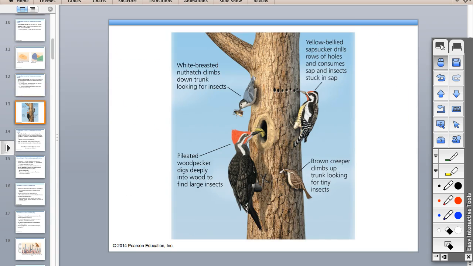By the way, the names of these birds are so funny. I think we just need to take a minute and look at the names of these birds. It's just hilarious. So the white-breasted nuthatch. That's the best. What kind of cut down would that be? You white-breasted nuthatch. I mean, that's funny. Anyway, so the white-breasted nuthatch. I can't even say it.